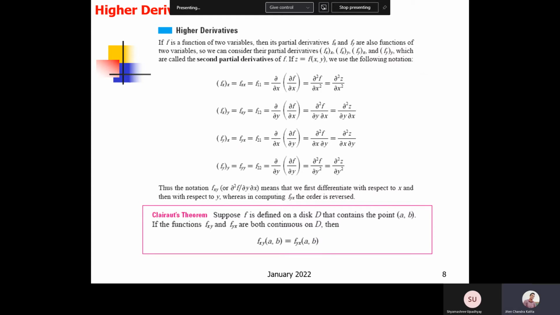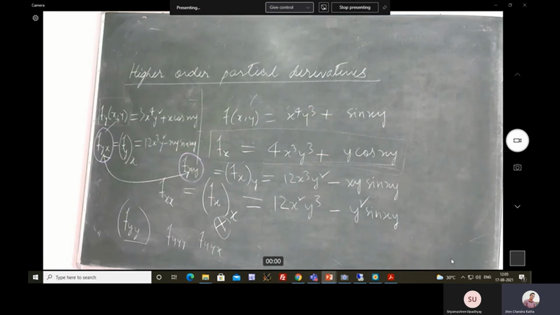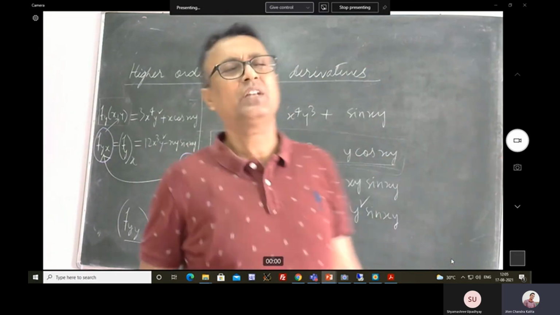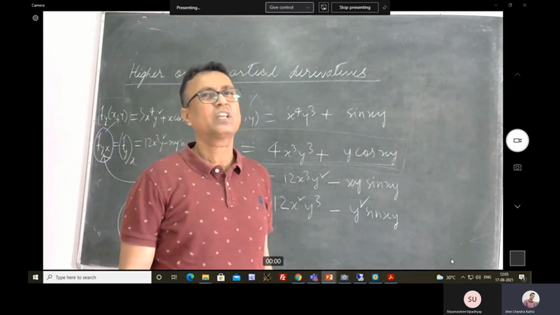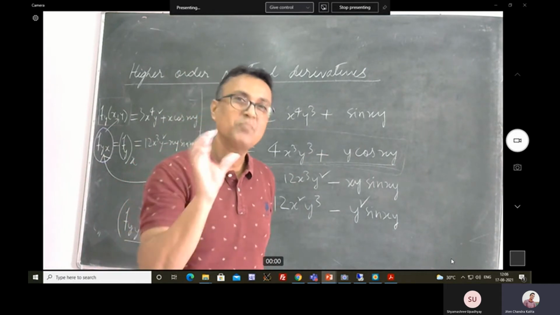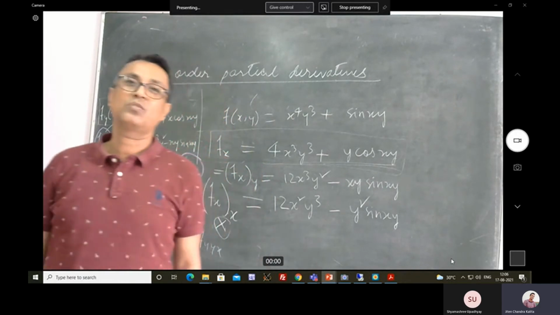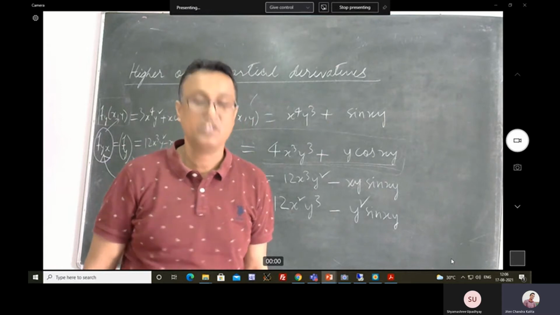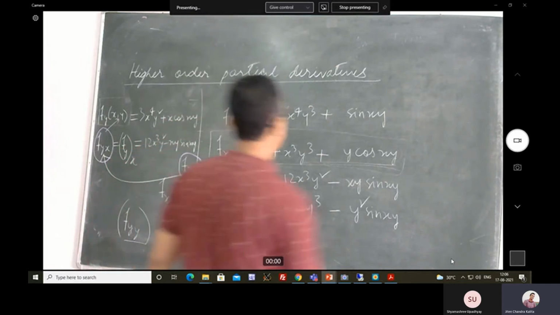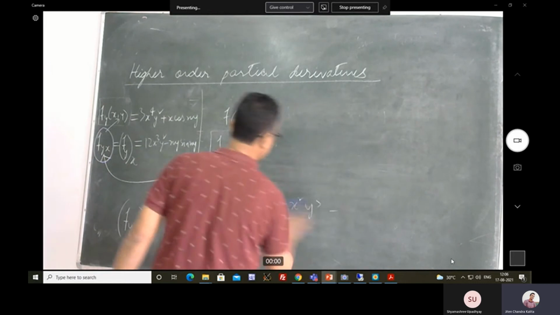Now, but let me tell you that sometimes, just directly differentiating a function partially with respect to x or y may not give you a true picture, okay, or there may still be some information hidden behind it. Okay, for some particular cases, we may have to find the partial derivative again from the definition. Okay, so what do I mean by that? What I mean by that is that, see,